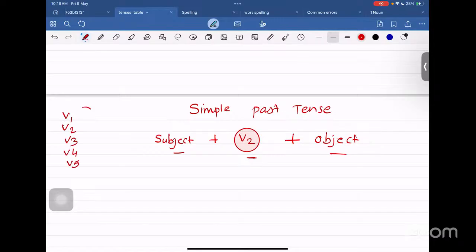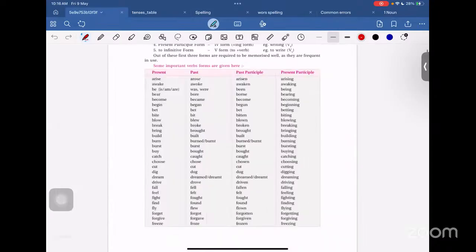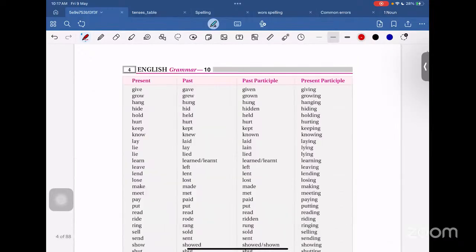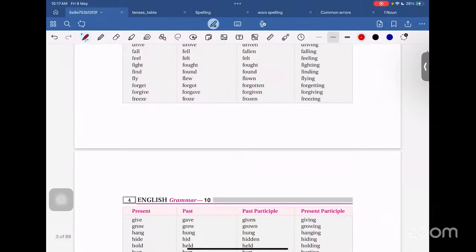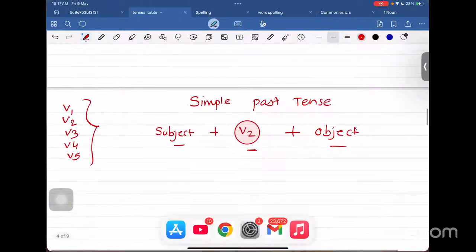अच्छा, V1 V2 V3 V4 और V5, इसका एक टेबल आता है। जैसा मैं आपको यहाँ पे टेबल दिखाता हूँ, दिख रहा है ये टेबल। प्रेजेंट, पास्ट, पास्ट पार्टिसिपल, प्रेजेंट पार्टिसिपल, मतलब जो इसको हम लोग जनरली V1 V2 V3 बोलते हैं। V1 V2 V3 V4 और V5, मतलब जब ing लगा रहता, ओके। जब S लगा रहता उसको हम V5 बोलते हैं। तो ये आपका पक्का हो जाना चाहिए। इसमें बहुत गड़बड़ी हो जाती है, इसी में स्पेलिंग मिस्टेक भी हो जाती है। फिर ये पूरा लिस्ट दिया है नीचे तक, हम आपको दे देंगे, ओके। और भी इसमें वर्ड्स ऐड करूंगा मैं, और वो फॉरवर्ड करूंगा आपके पास। किसी को ऐड वगैरह तो नहीं करना है, ओके।